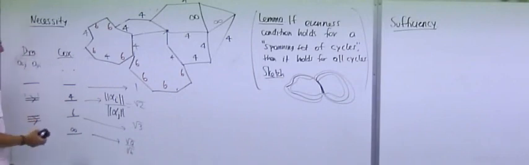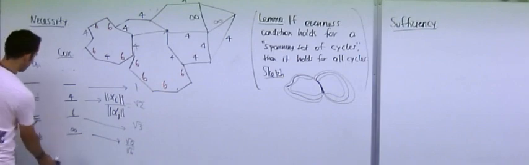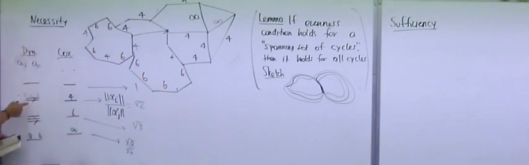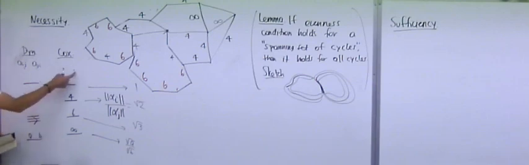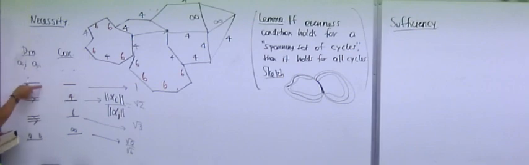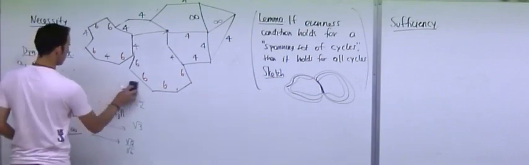Okay. So what I have to do basically is now take these 4s and make them into double edges, take these 6s and make them into triple edges, and orient them in the correct way, and then do something to the infinities. Okay. But if I don't see an edge, then I still don't have an edge here, and if I see an unlabeled edge here, I leave it unlabeled. So I have to figure out what to do with the 4s, what to do with the 6s, what to do with the infinities. Okay. So what should I do? Well,